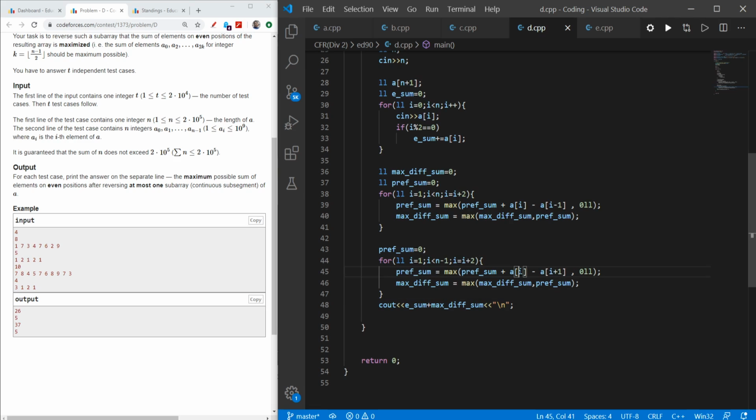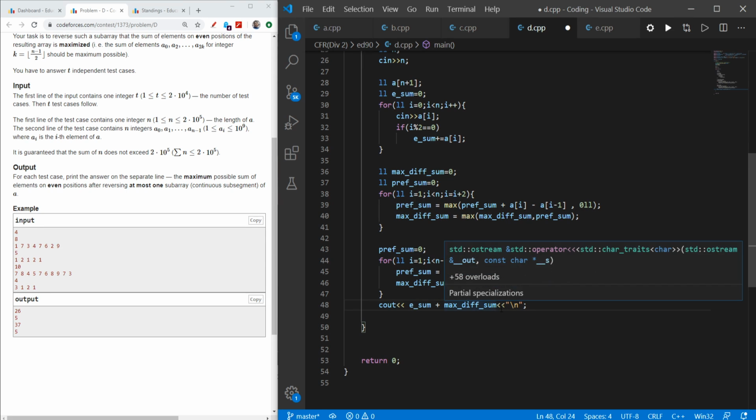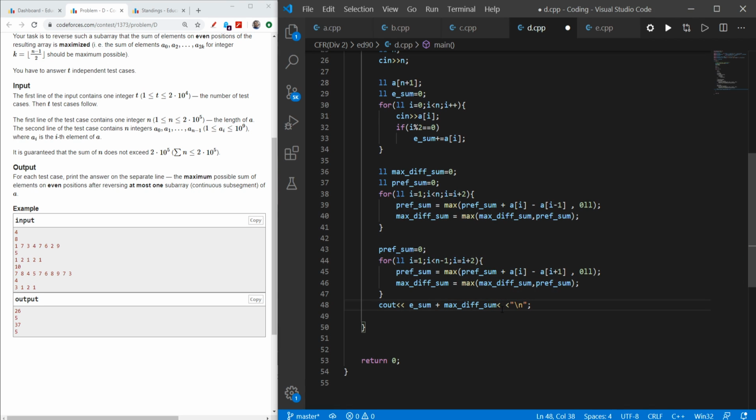So here I do a[i] minus a[i+1], which means the next even index, and the same procedure as I showed you above: the prefix sum plus the difference, and 0 will be the minimum value. And the same I will update my maximum sum, and finally I will print my answer as even sum plus the maximum sum I can obtain, and thus it will be the answer.